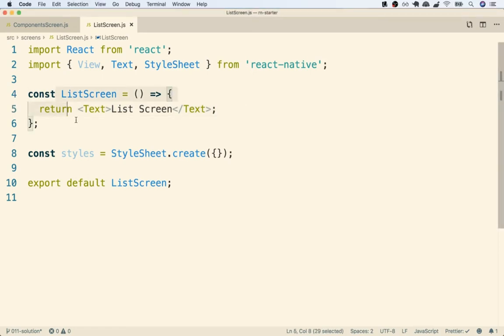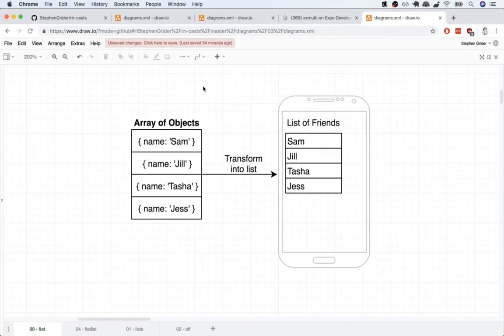We've now got a component put together that we can use to experiment with the lists on. So let's get a better idea of how we build a list with React. Okay, so here's the general idea. We're always going to start off with some array of records that we're going to want to represent on the